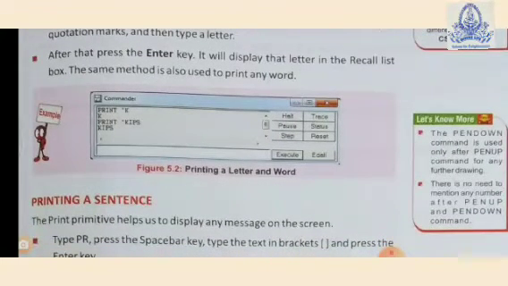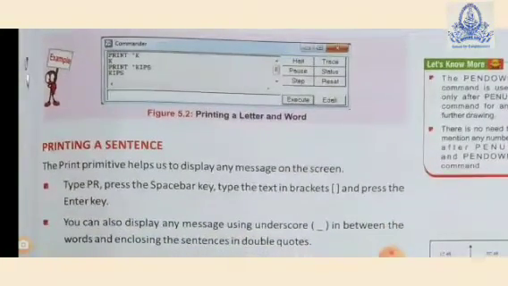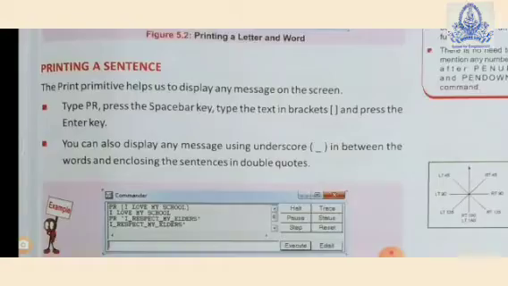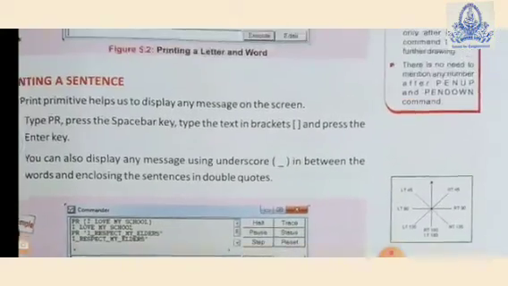You see, next, print KIPS. If you press enter, automatically KIPS comes on the screen as output. Then printing a sentence also you can easily get it. Okay,